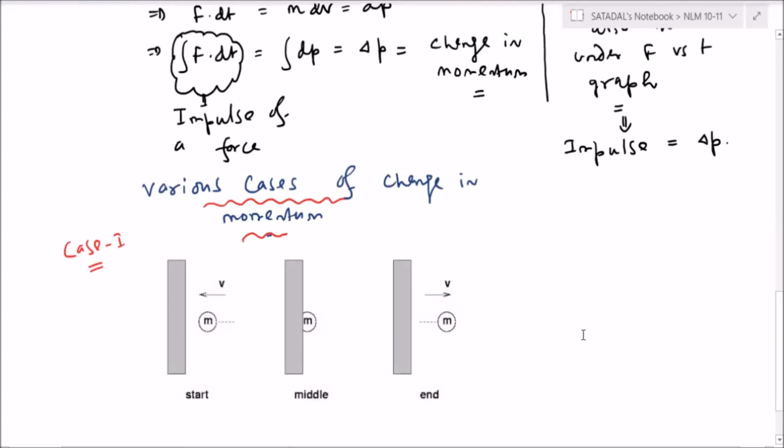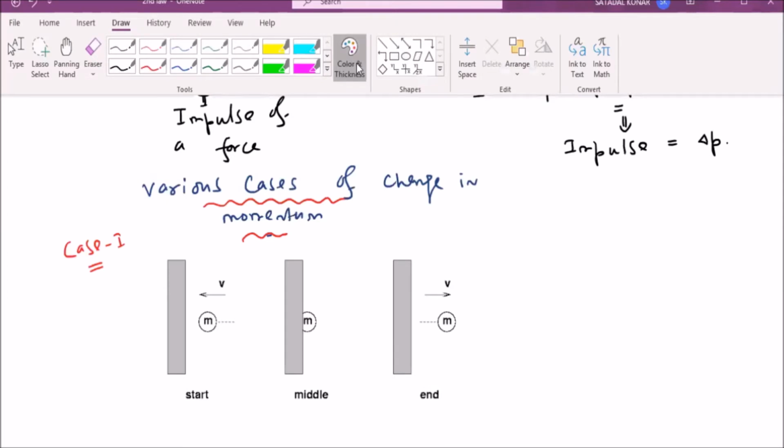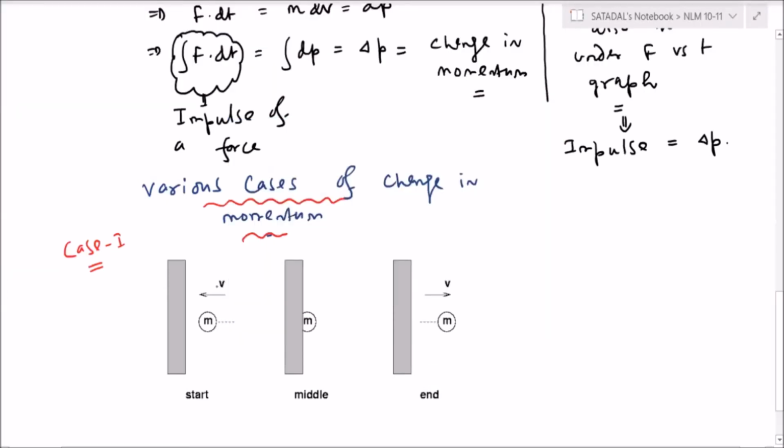So this is the first case we are going to study, and I will do a little bit of modification over here. What modification will I do now? I will consider that the ball is approaching the wall with u, and it is moving back with velocity v, right? And this is a fixed, rigid wall. Okay. Tell me, I will go step by step.